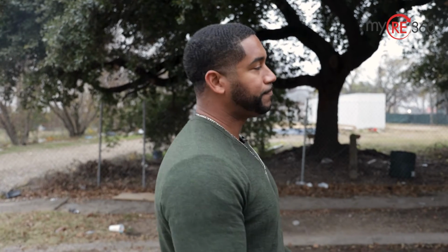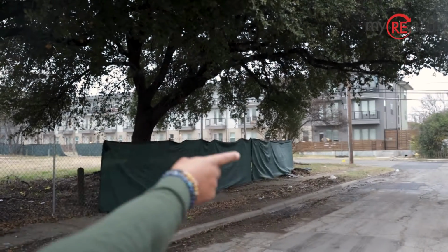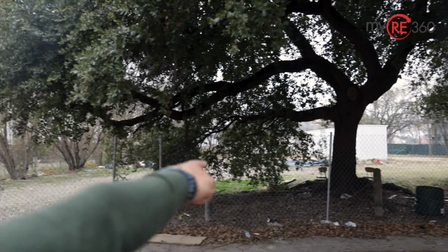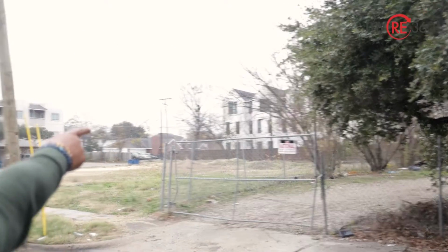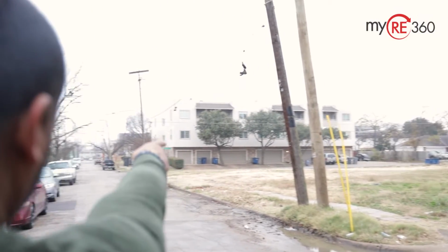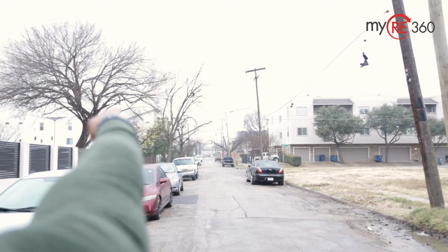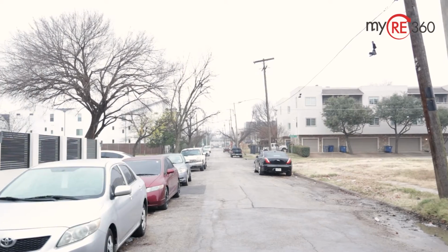So check this out. New construction. This whole apartment complex, new construction. This lot is going to be new construction that matches that apartment complex. All right? New construction. More new construction. See those blues off in the background? New builds. What you're looking at just beyond the blue building, the Dallas skyline. New construction,